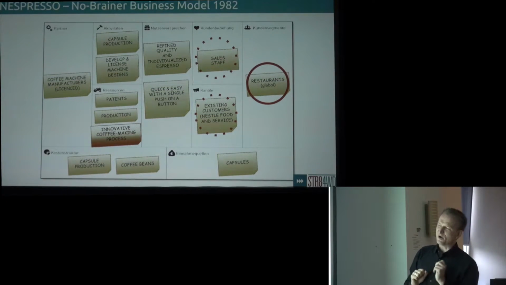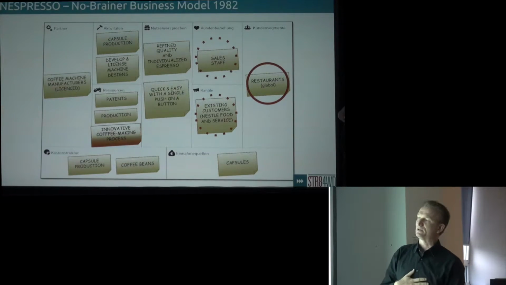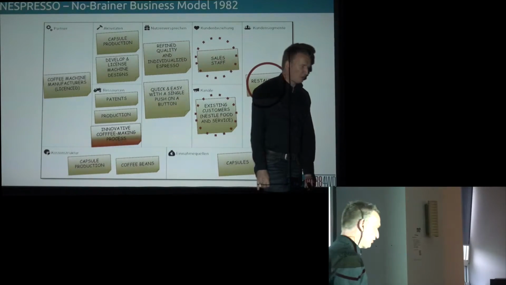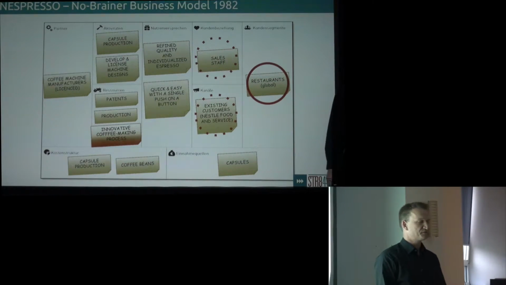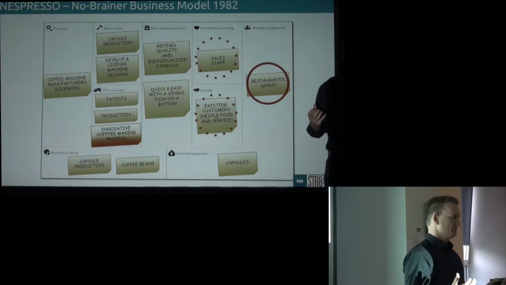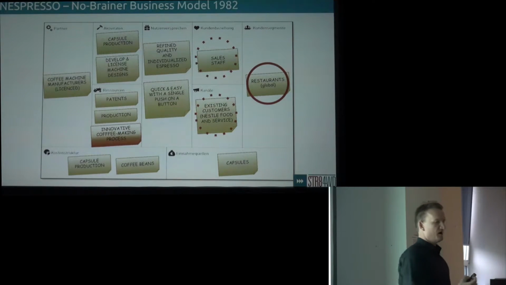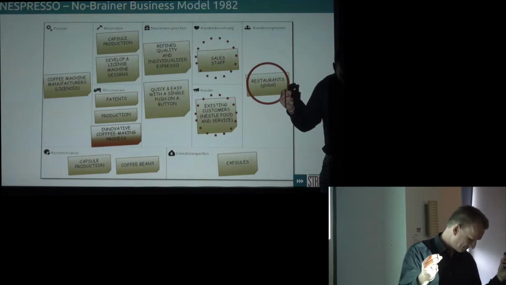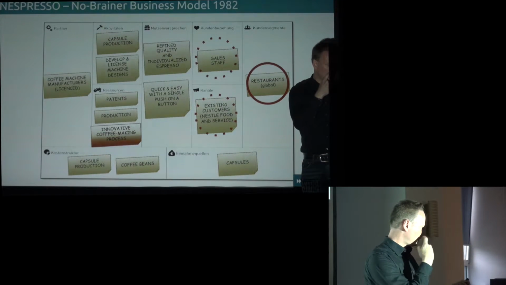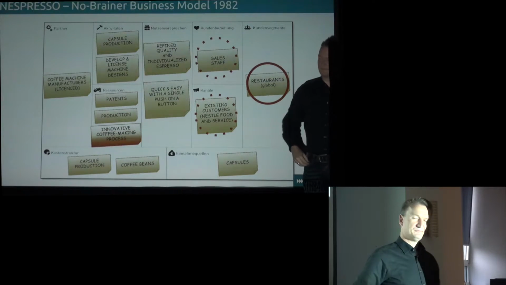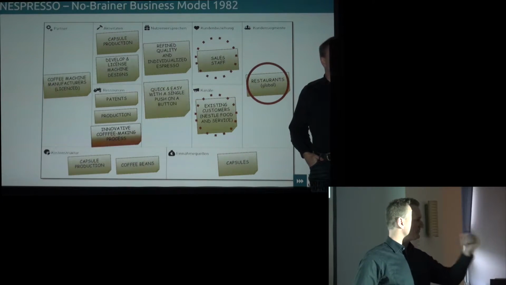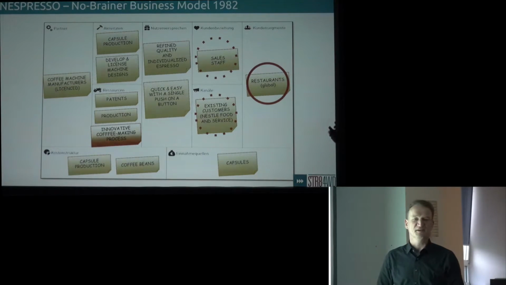When they started in 1982, this was the business model. So they had that super smart, innovative coffee brewing process where they knew, hey, we're doing an espresso that's on par with the best baristas in Italy, even as good as the ones at the big car parks, right at the motorways. You get the best coffee in Italy at the motorway stops, right?